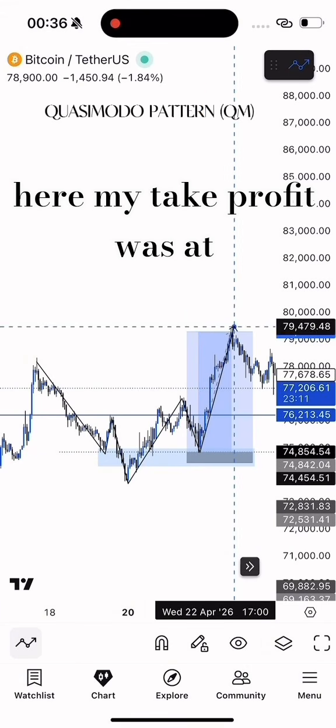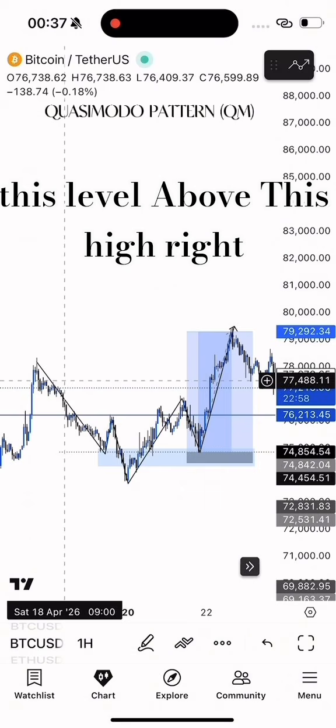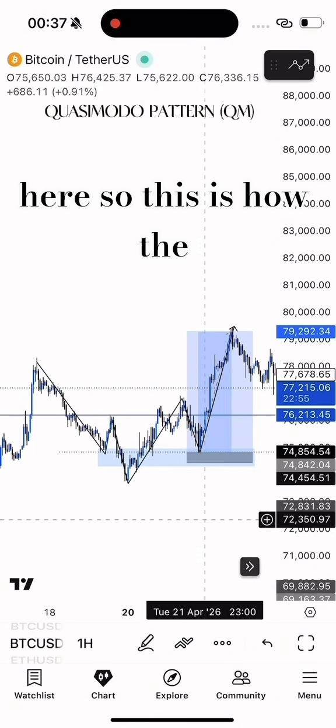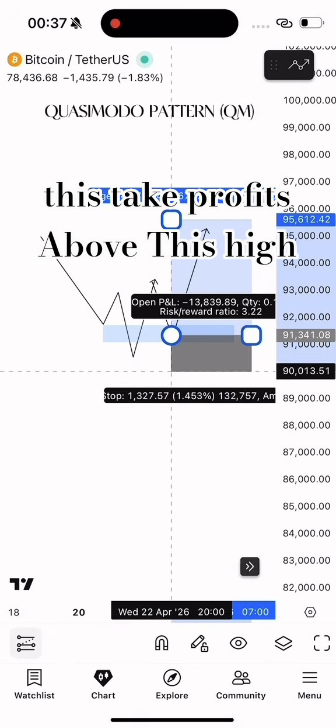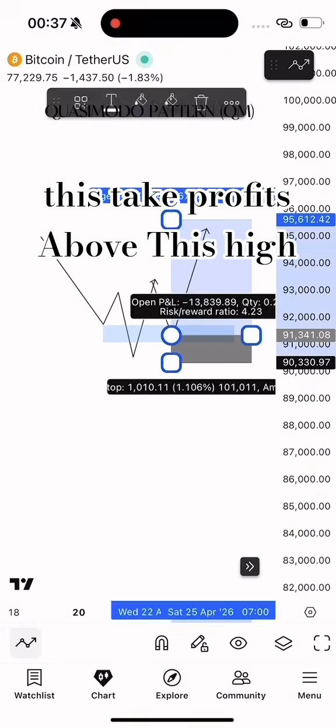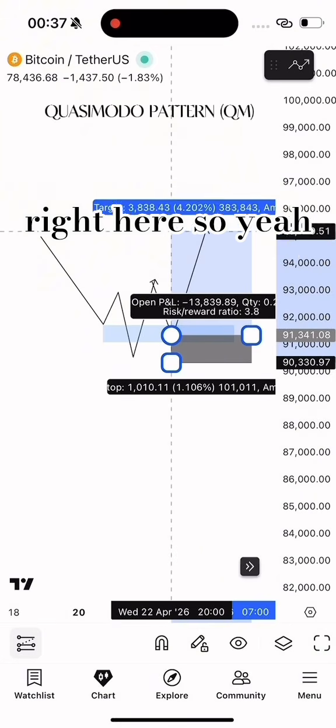Then we take our buy from here. My take profit was at this level above this high right here. So this is how the QM pattern works. Stop loss below this, take profits above this high right here. So yeah,